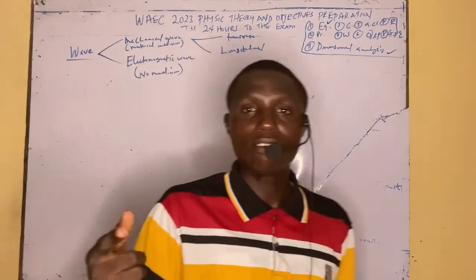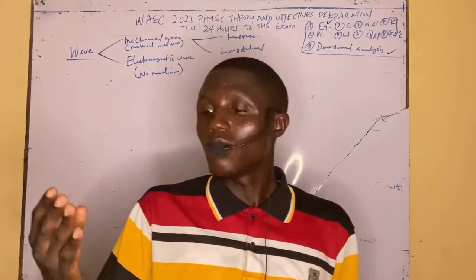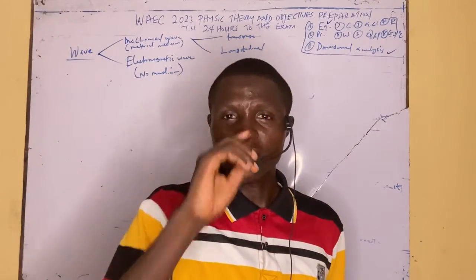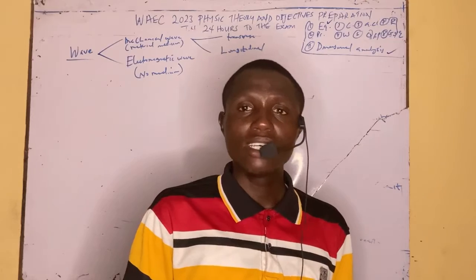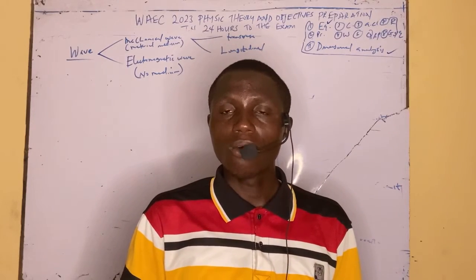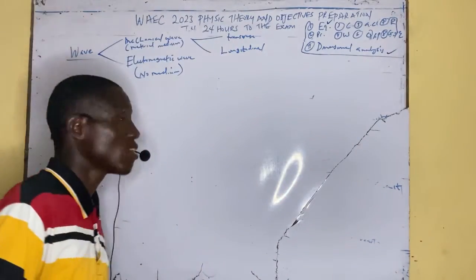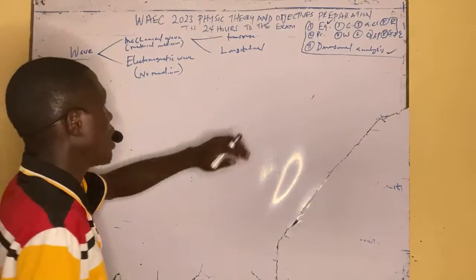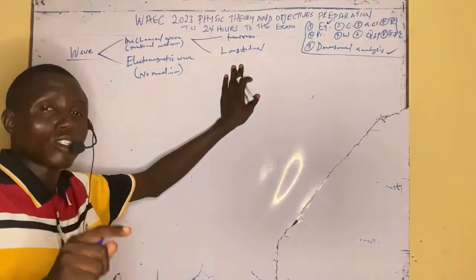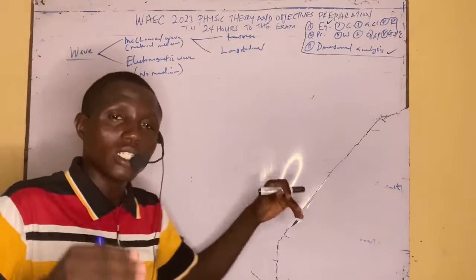An example of transverse waves? Water waves are transverse, very, very important. Light is also a transverse wave. Then longitudinal, in which longitudinal is what? It is a wave in which the